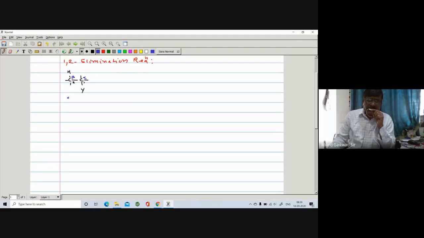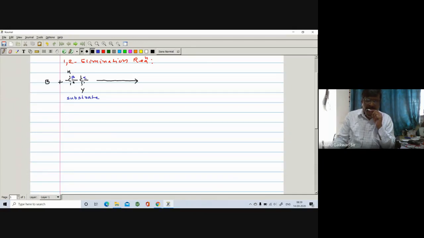So this substrate, when treated with base, here what happens: when you treat this compound with a base, the reaction takes place in the presence of base. You know what is meant by base. Bases are the substances which have the ability to abstract a proton. So the reaction takes place in the presence of base. Base abstracts a proton.